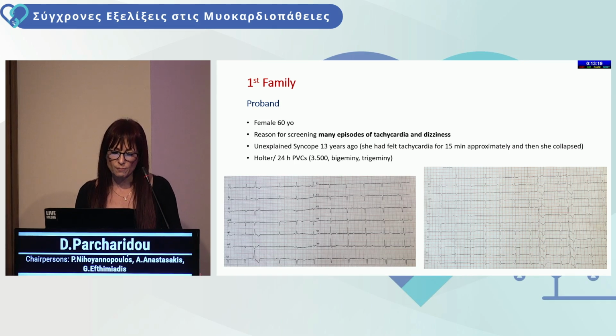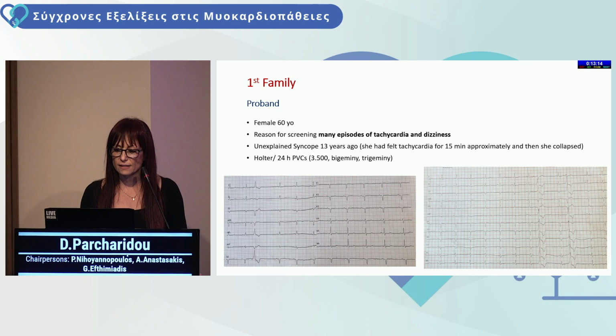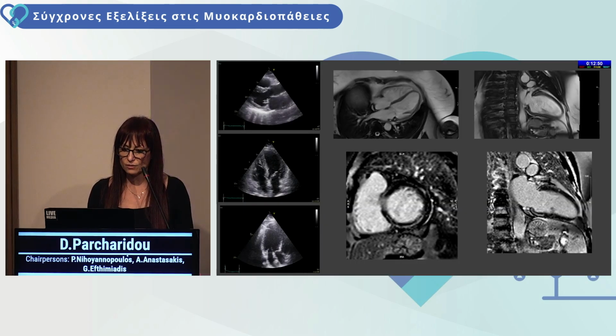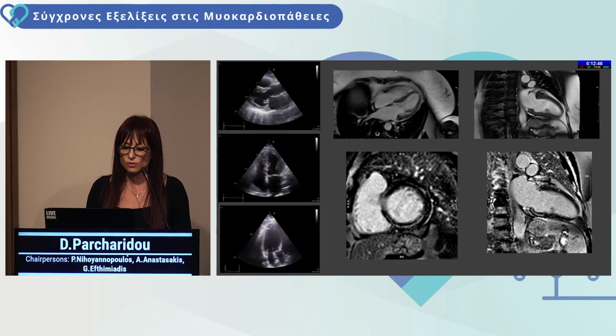The proband is a female, 60 years old. The reason for screening were many episodes of tachycardia and dizziness. She had an unexplained syncope 13 years ago. She had felt tachycardia for approximately 15 minutes, and then she collapsed. The Holter showed 3,500 PVCs. She has a very abnormal ECG, a very low voltage ECG with Q waves in leads V1 to V3, and also PVCs from the left ventricle. And as you can see from the echo, there is hypokinesia in the posterolateral wall and